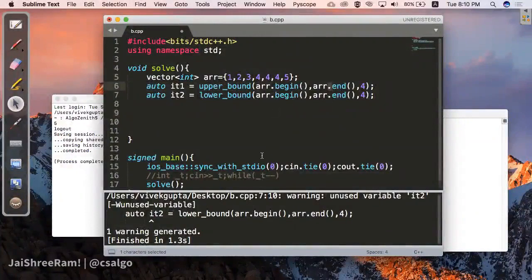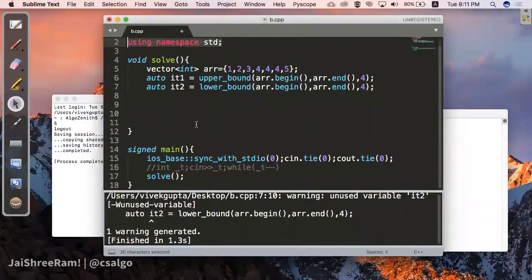Now let me take a minute to quickly go over the code that I'm using. There are these two lines over here. This is the header file that you should directly import, so that all the STL constructs are readily available to you. If you are doing competitive programming, or any contest or coding round, if you import this header file, you will be good with any construct needed, for most cases. Using namespace std is like defining a namespace. All these cin and cout that we use in C++ are defined in namespace std, and lower bound and upper bound are also defined inside std, so you will have to use that.